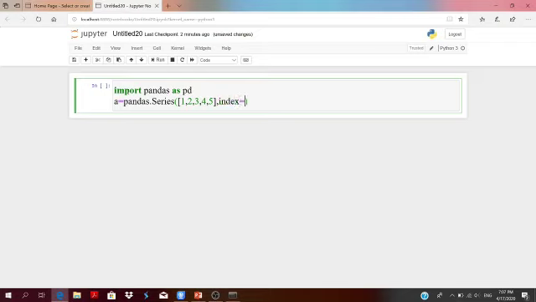Give labels to the indexes of the series elements by using the parameter index: a, b, c, d and d.